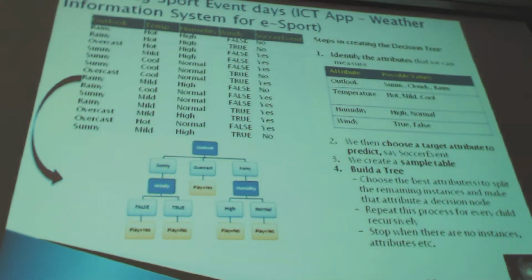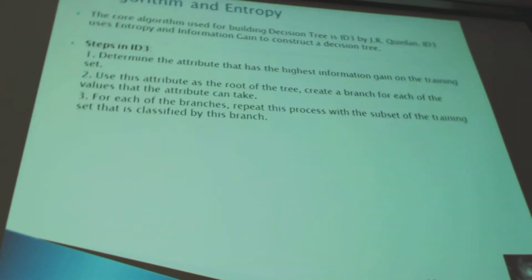But first, after we find the best attribute, this is the step I'm describing. First, you find the best attribute, then you split it with the values, and then you go to the next level of the tree and follow the same process, finding the best attribute at level 2. So this is a recursive process, and you stop building the tree when you don't have any more attributes in the training set. You run out of attributes, and you are done building the tree.